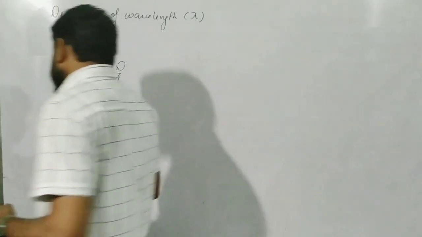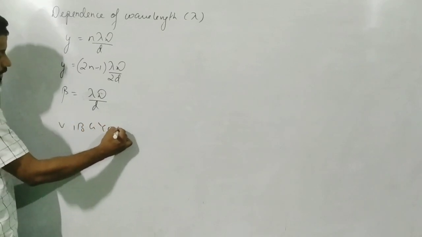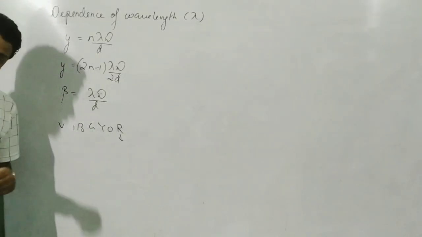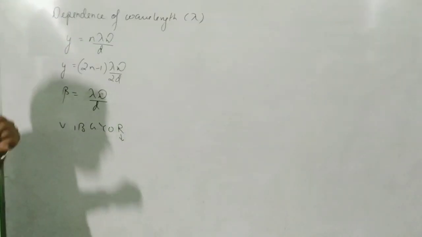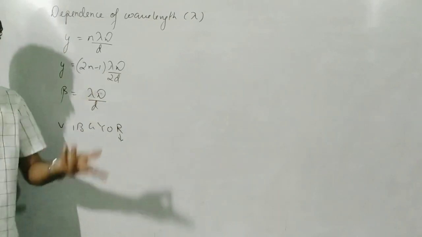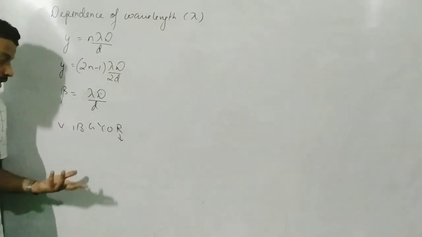So if I use the pattern of VIBGYOR, we know from class 10 that red has the highest wavelength, correct? So if I do an experiment with a red light, with a red coherent source of light, I will obtain a maxima of red color. Minima will be obviously dark, okay? There is no doubt with the minima. Minima has nothing to do with the color, it is dark region. So the maxima will be of red color and the minima will be of dark region.